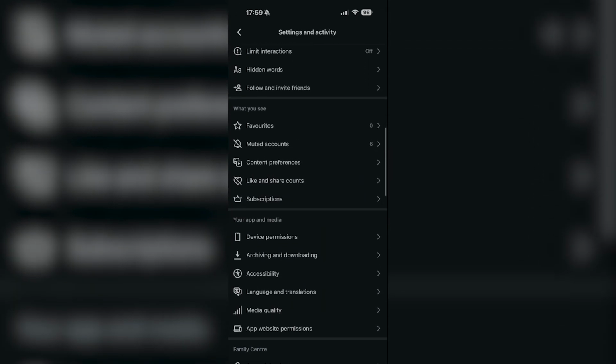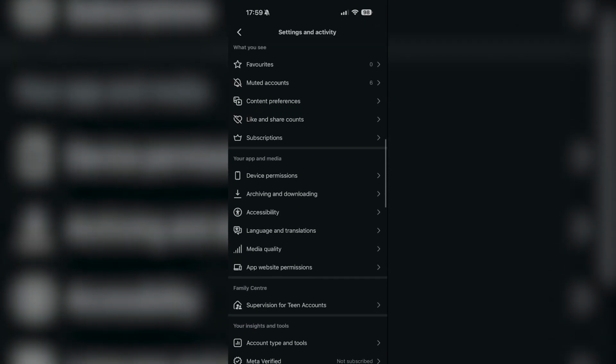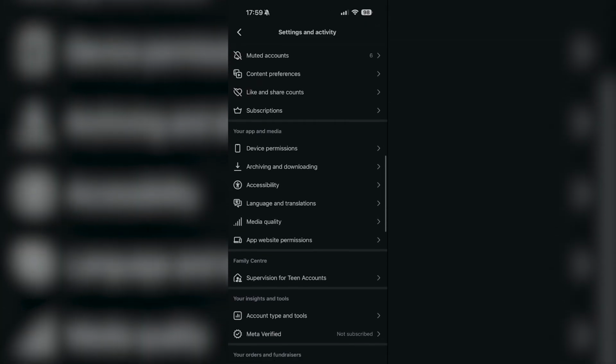You're going to see a lot of different options. But towards the bottom, you're going to see the Your App and Media section. And in that, you're going to see media quality. So click on that. And basically what you want to do is upload at highest quality, which is the second